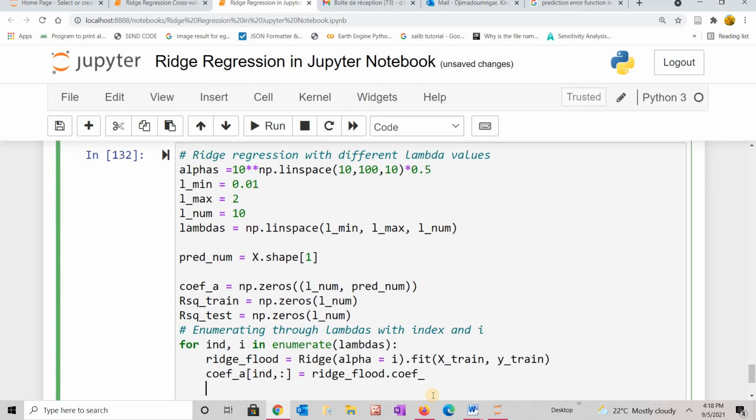Then we also need R square on train and test during our iteration. This is equal the score, teach underscore plot dot score on X train, Y train,